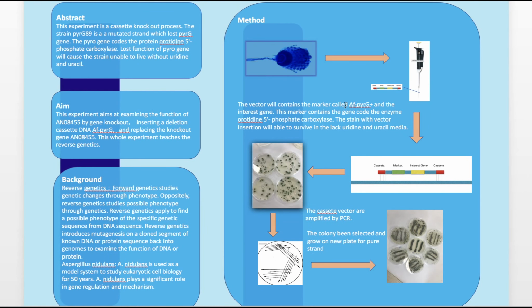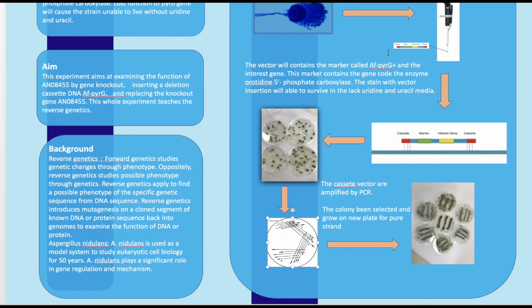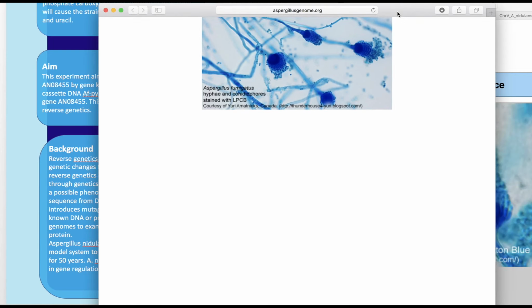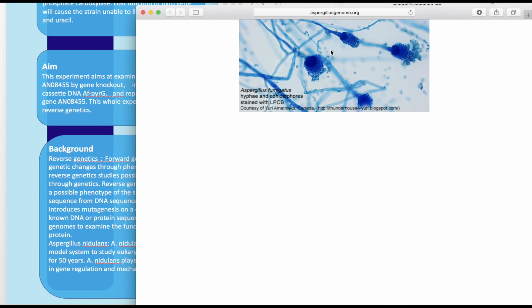In this vector, the marker is called AF-PYRG+, and this gene encodes an enzyme called orotidine 5' phosphate carboxylase, which is an enzyme involved in a cascade that produces uridine and uracil. This marker is a DNA code isolated from another species called Aspergillus fumigatus, which is in the same phylum but a different species, and its appearance looks different